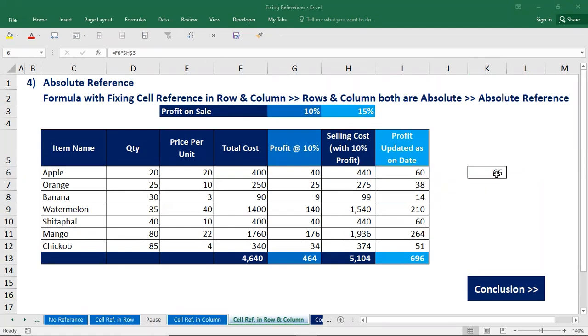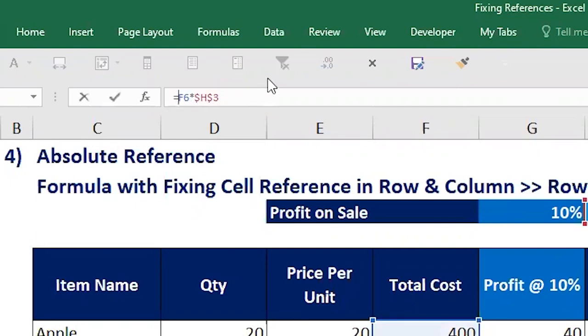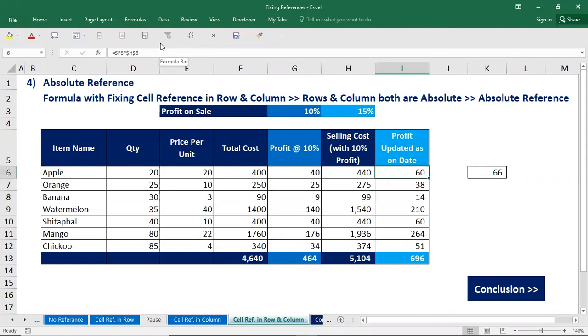Kindly note that when I copied this formula here, the cell reference of F6 was not fixed. Hence, the value got changed. Now, let me show you this way. I will fix the column reference of F6 by inserting a dollar sign. And now I will copy this formula to the right hand side. Now we can see that the figures are matching because I had given a column reference.